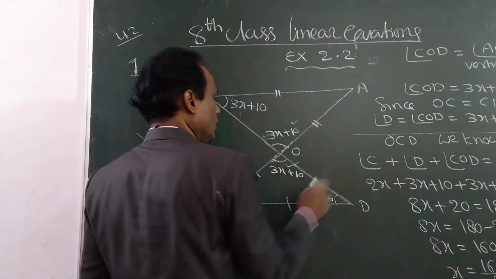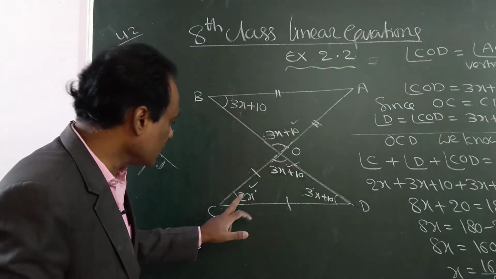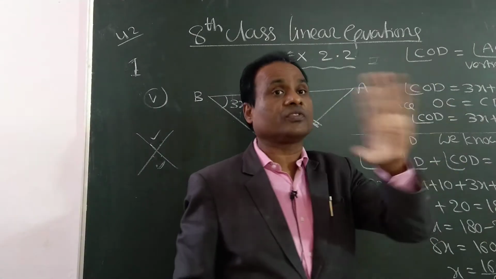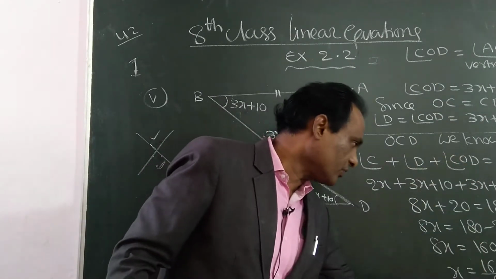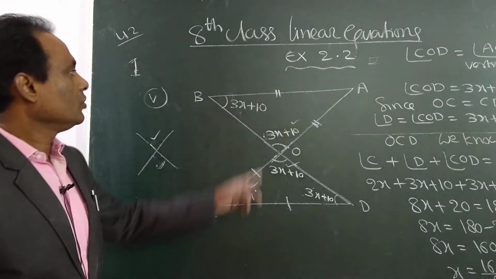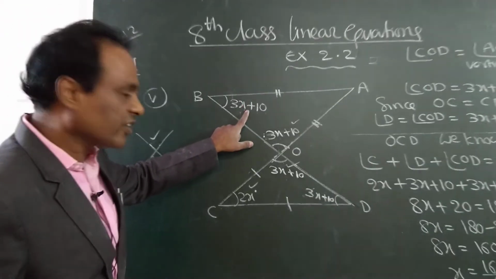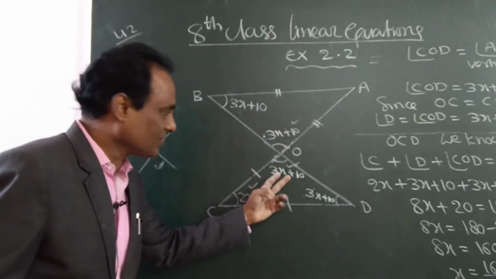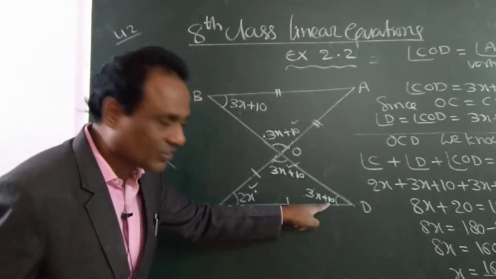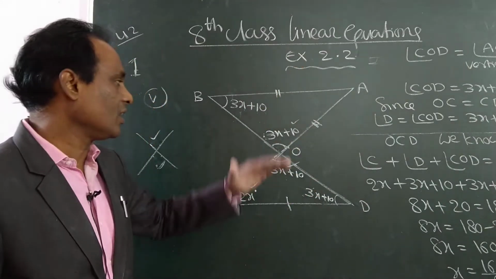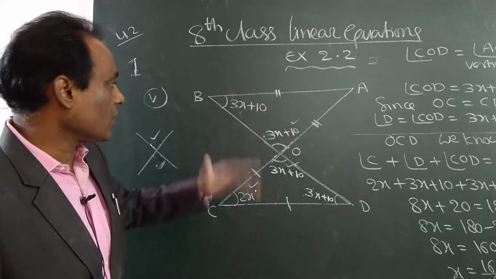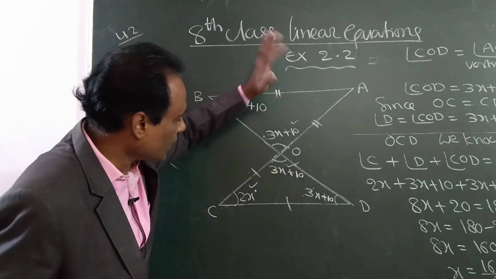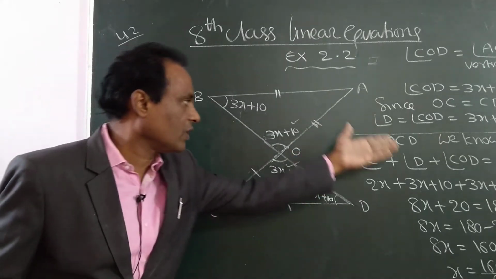Then write down this. Take only this angle plus this angle plus this angle, which will be 180 degrees, because in any triangle the sum of three angles is 180 degrees. Simple process, we got x is equal to 20 degrees. If this is 3x plus 10, this will also be 3x plus 10. I gave all the concepts regarding this. This will be the same as this. So only the sum of three angles is equal to 180 degrees.